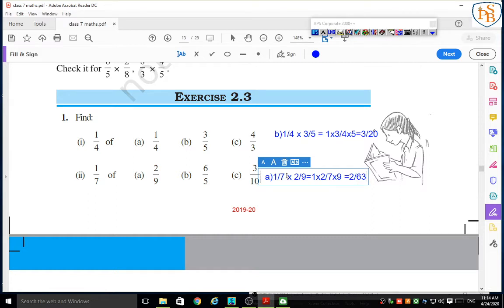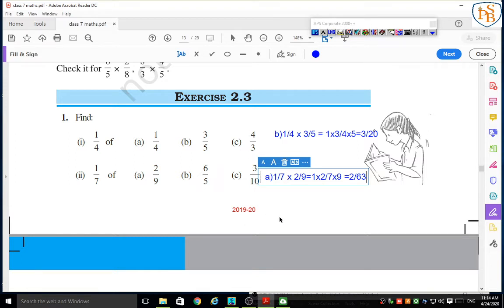Like that you have to solve the other questions in your notebook. By revising this video again and again, you can solve these examples yourself. You just have to listen carefully and watch this video carefully without wasting your time. Just concentrate on your study. I know that you are brilliant, you can solve this, just trust yourself and keep practicing.